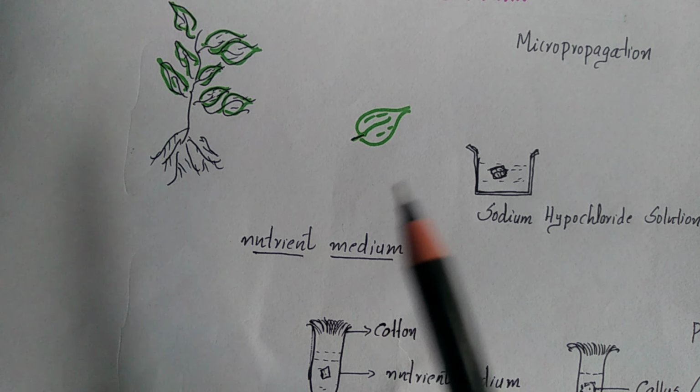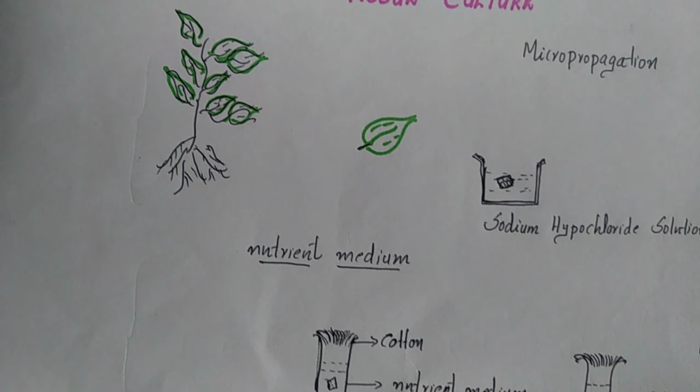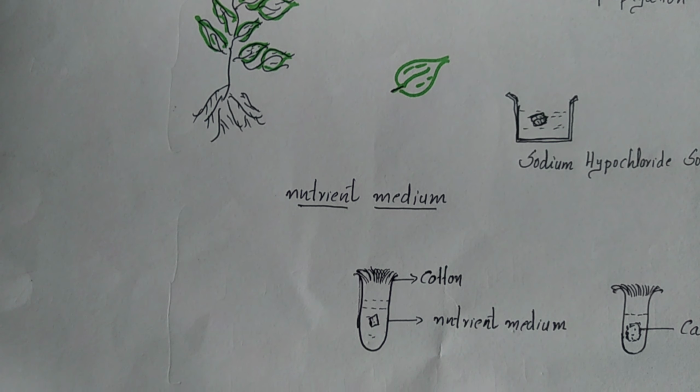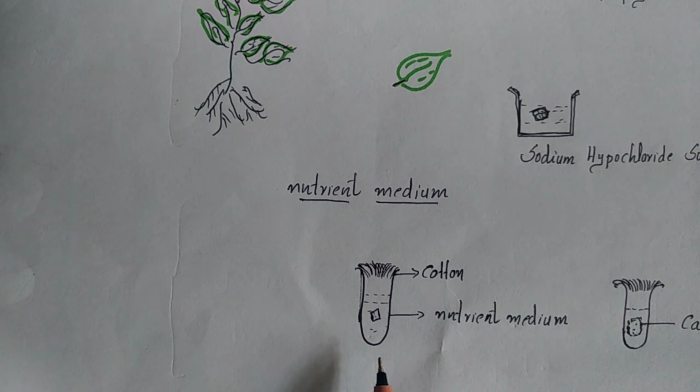My dear students, in today's class we are going to study about tissue culture. What is meant by tissue culture? See, tissue culture is a method or a technique of growing, culturing and maintaining tissues and organs in an artificially made nutrient medium. So it will be kept in a nutrient medium, and with the action of this nutrient medium, the cell which is placed here will develop, mature into new plants. So this is what is meant by tissue culture.